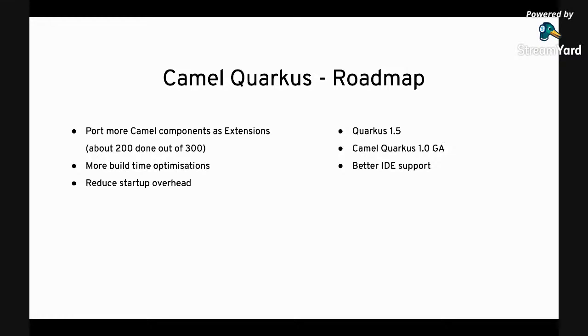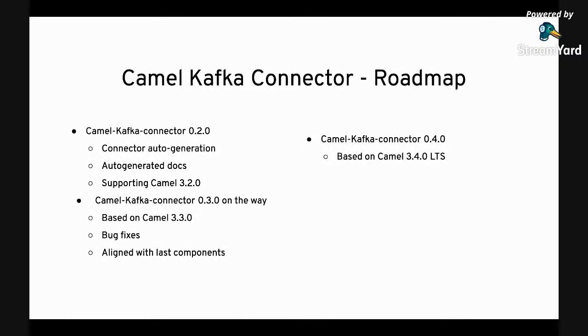Yeah. So, okay. As I said, we just released today the 0.2 release, which got the support for Camel 3.2. The connectors in the project are auto-generated, starting from the components that we have in Camel. So there is a one-to-one mapping, and we also have auto-generated docs. On the website you will find the documentation for both source connectors and sink connectors